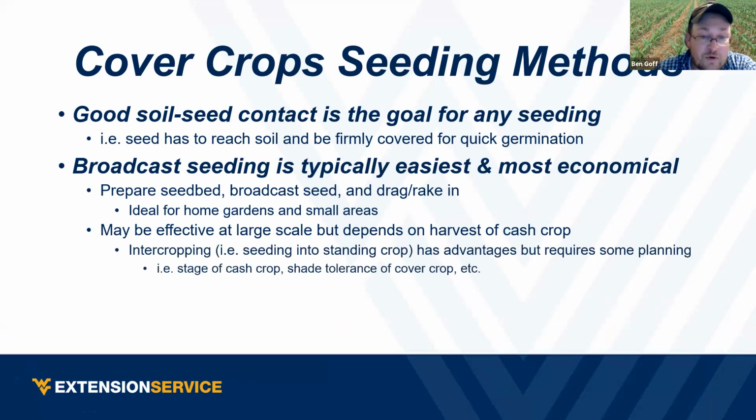With those, if you're doing a big one, intercropping is a big one, which again is just seeding into the standing crop, and has a lot of advantages. It takes a lot of planning, mainly when that cash crop is and the shade tolerance. I know with field corn, Penn State has done a lot of work. They actually will recommend seeding ryegrass into it when that corn has about 5 true leaves, so it's really young. And by the time harvest comes around, they've got a full stand of cover crop, which they're actually grazing,